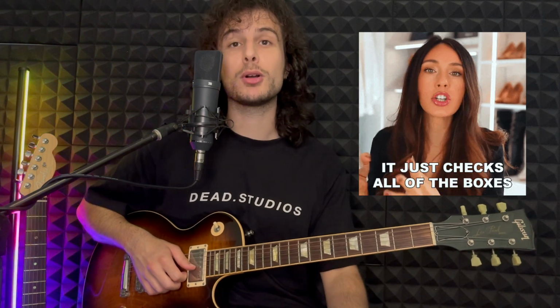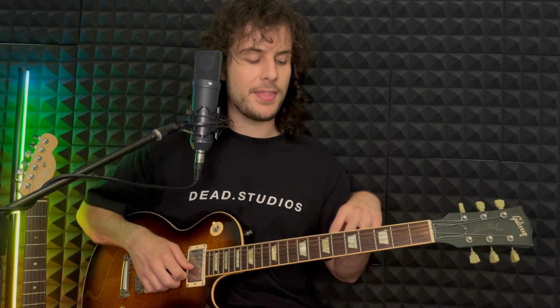Now, why this sounds so good is it's following those rules that we were just talking about. The A, the C, and the high A aren't moving between these chord changes. We've got 3 common tones that are just stable notes here. And the movement that does occur is by semitone. So we've ticked the boxes for this. We've got common tones and we've got stepwise motion. Now, that isn't the only way to play it. That's just an example to show those 2 rules actually in practice. And that's what we're going to try and keep in mind the entire way through this exercise when you're working